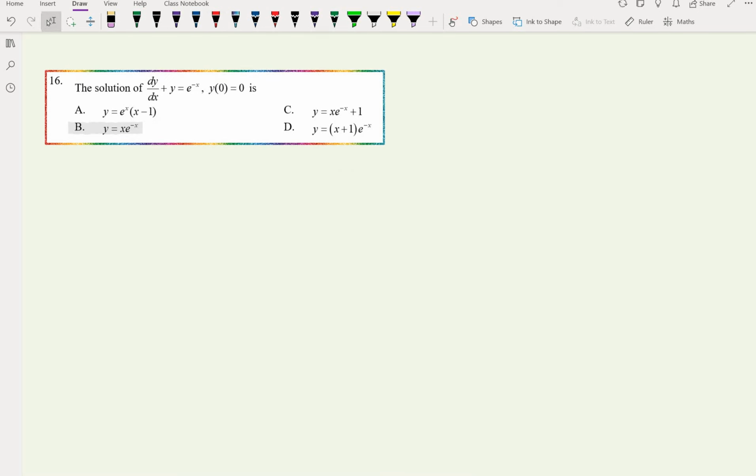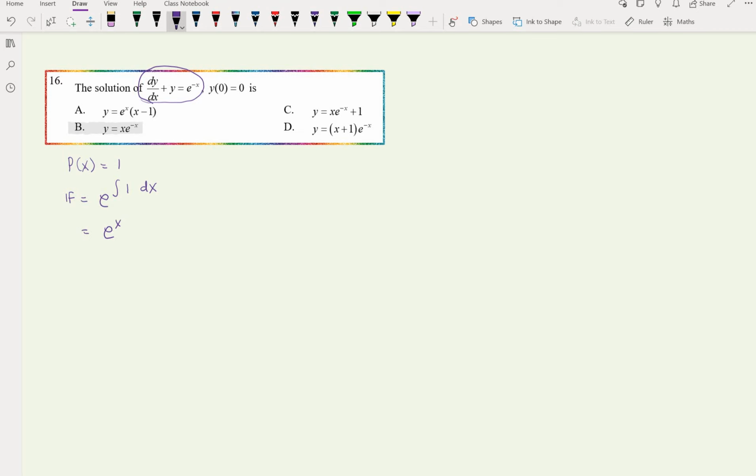Okay, untuk soalan 16, we need to find the equation of dy dx plus y equals to e power of negative x when we are given the initial condition adalah y0 is equal to 0. So, what happened here? You kena guna integrating factor yang mana diberi sudah dalam bentuk standard. So, kita punya px is equal to 1. Okay, so to get my integrating factor, that is e integral of 1 dx,